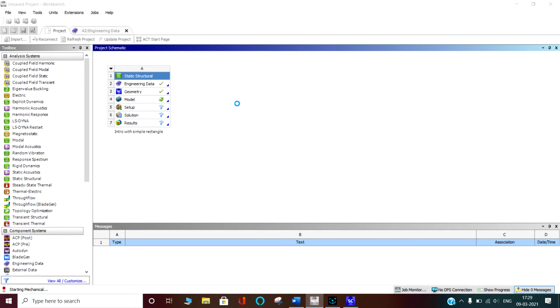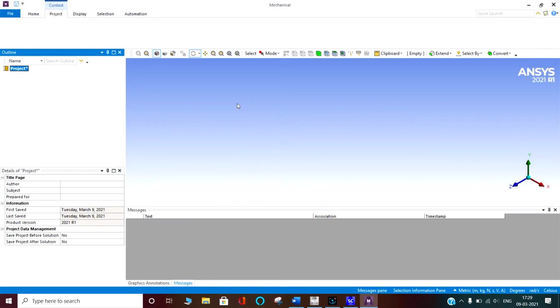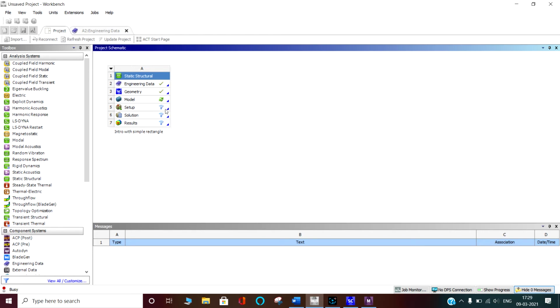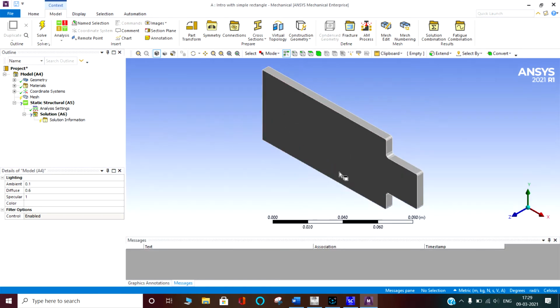If any connection or anything else is there, we do all these things in this model, which we call Mechanical. So here we have to define the meshing, and then in the next steps there is setup. In setup we have to put the boundary conditions, then we have to solve, and then we have to see the results. So we have come here; you have seen the body has been imported in this Mechanical. Let's first understand this.